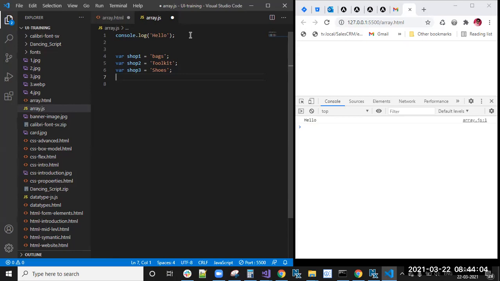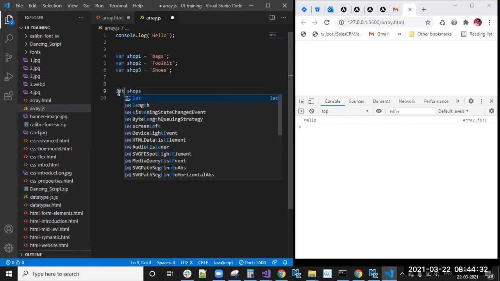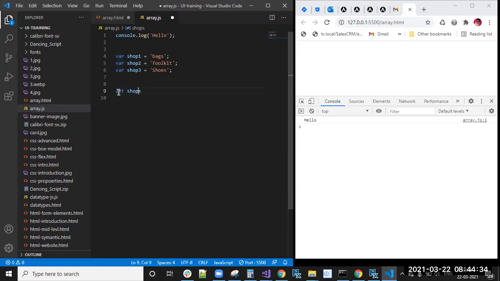Okay, instead of that, simply what you can do, var shops. Till now, what I'm telling, don't use the var keyword. We already discussed let and const. Powerful things are there, right? So use let and const only, because ECMAScript gives you powerful features. I told you, because of var we will get some disadvantages. Because of that, you can use let. Okay, let shops, let shops equal to.